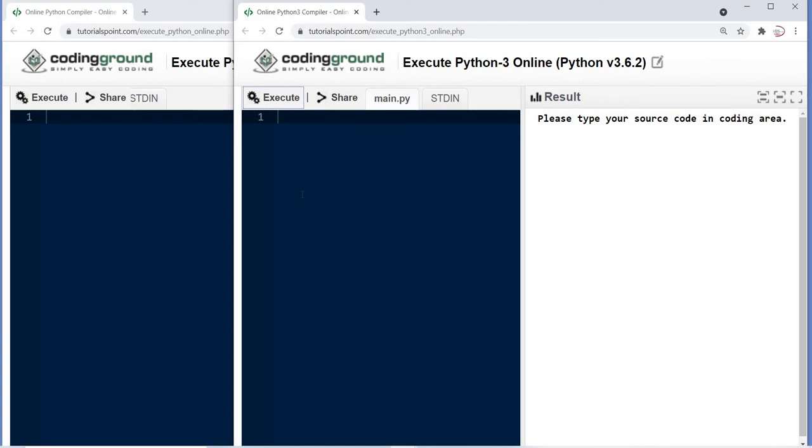Okay, and the differences we will discuss on four points. First one is the return type, second one is operation usage, third one is how much memory is occupied by both functions, xrange and range, and fourth one is speed. So the four points are: return type, operation usage, memory, and speed. Okay, so let's start.